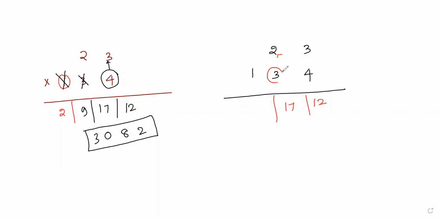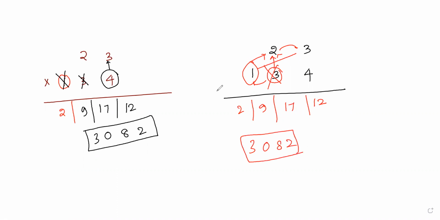So new digit is selected and it is multiplied with the highest two place values of the multiplicand, and this into this will be multiplied. Why? Because before, after. If you cannot go this side, why? Because there is no digit. 6 plus 3 is 9 and it is eliminated and the new digit is selected. So 3, 0, 8, 2 will be my final answer.